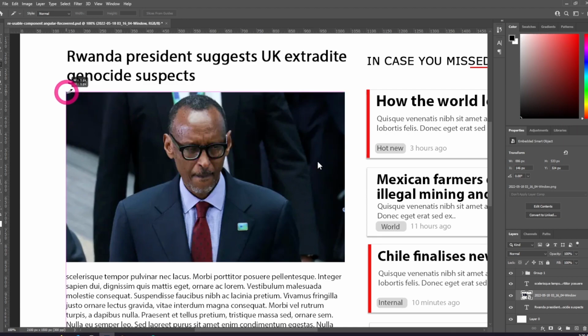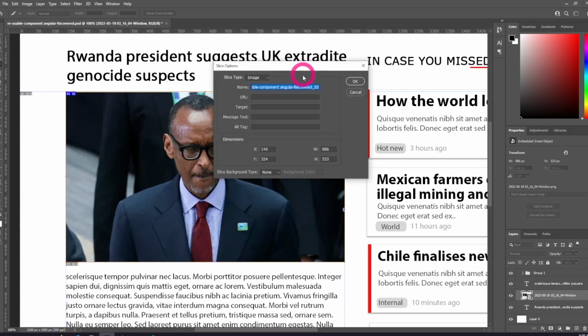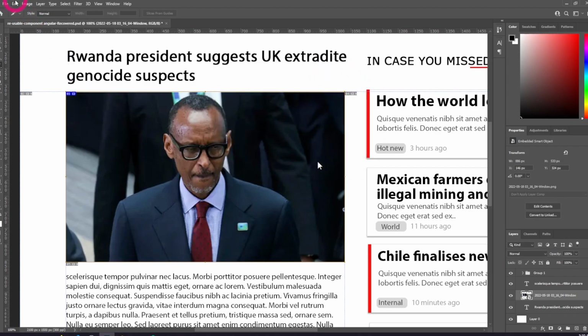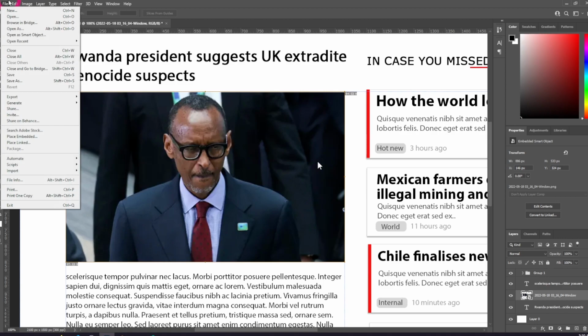So I just click here and slice this guy, and then give it featured image as a name, so that when I save it, it's gonna have that name.